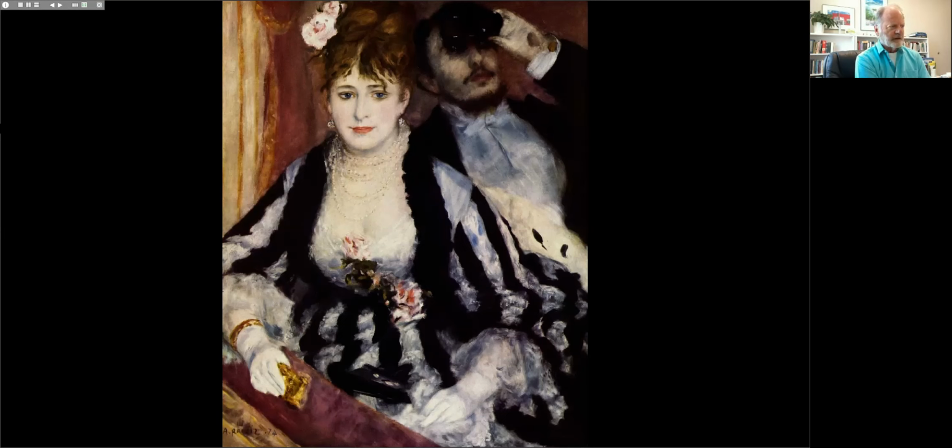She's wearing what seems like fashionable attire. She looks toward us pleasantly. She's dressed to be seen, and behind her is a male figure whose glasses are aimed around the room. This might be between acts or before the opera, before the performance actually began. And so they are casting gazes about to see who else is present.